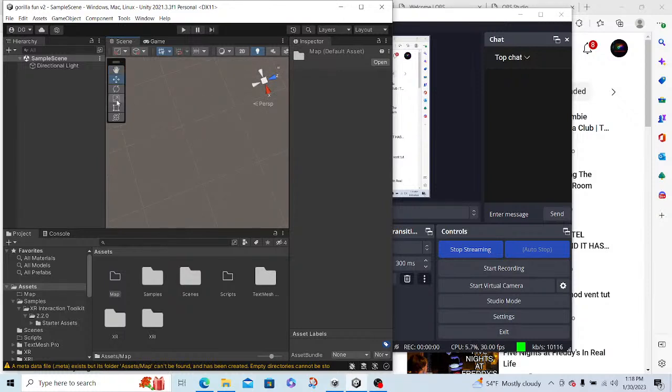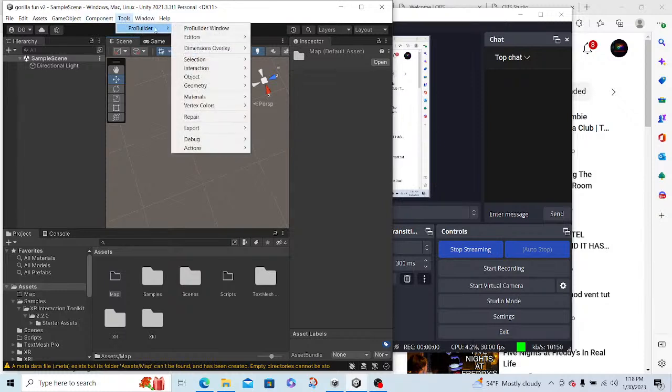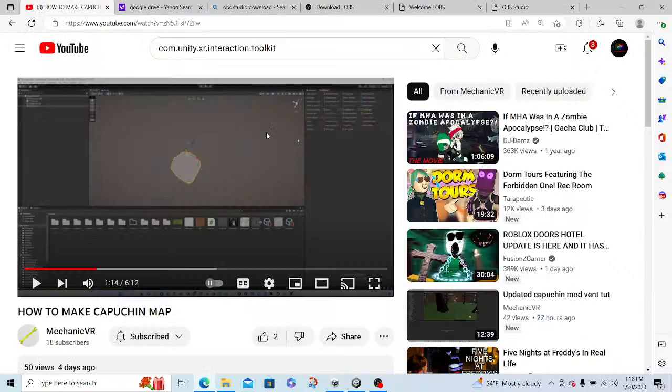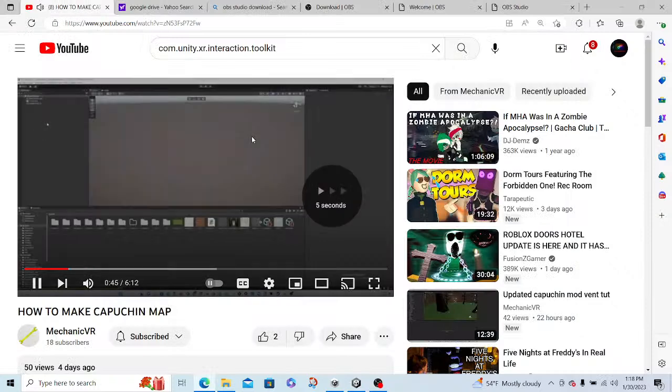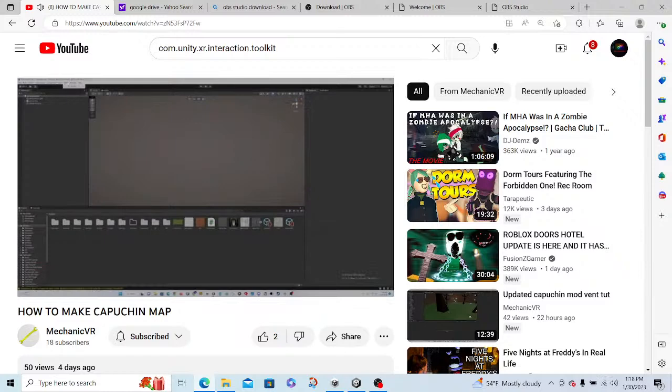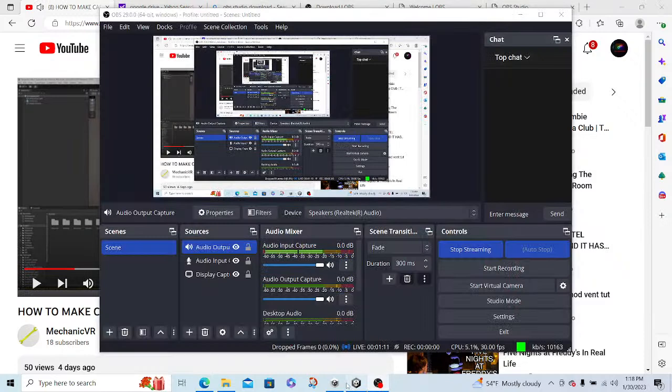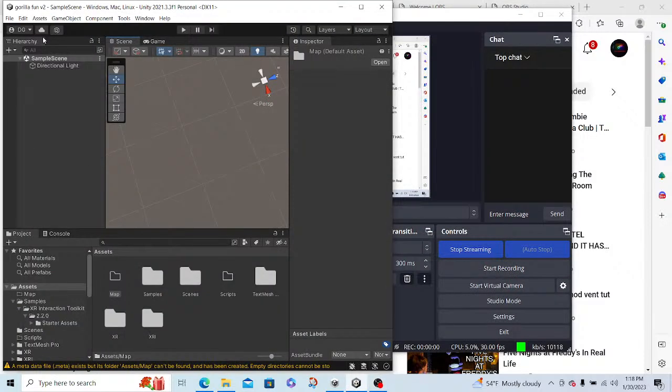Okay. So it won't actually be like a plane. I can actually just go to tools. Hold on, what do I do next? You could just, you see that is done. You want to go to wide view, tools, Pro Builder. Alright, how do I keep doing that? Alright, anyways,